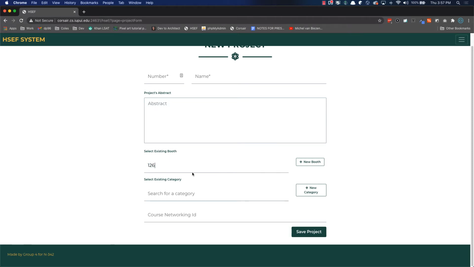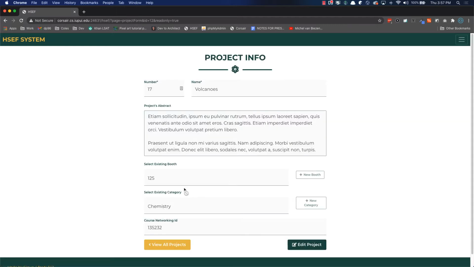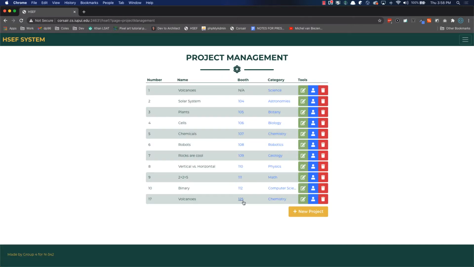Now, if the user just typed 126, this isn't going to work. Well, it's not going to work for a number of reasons. Let's just fill this in first. Let's see what we can find here. Chemistry, sure. Okay, so, oh, that did get saved there. So that shouldn't have worked. We haven't, I guess, even put in guards in place for that not to work, because that's not a real booth. If I go to view all projects, and now I try to go to this,